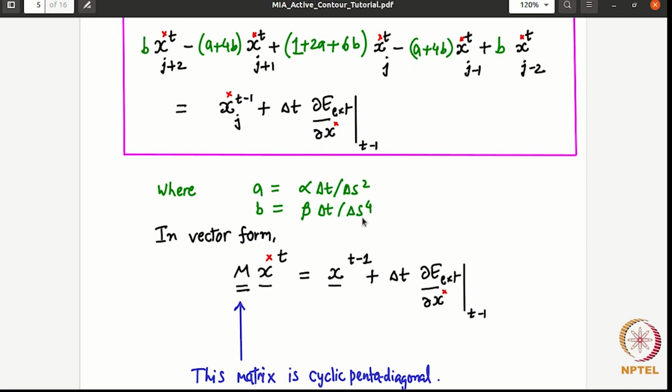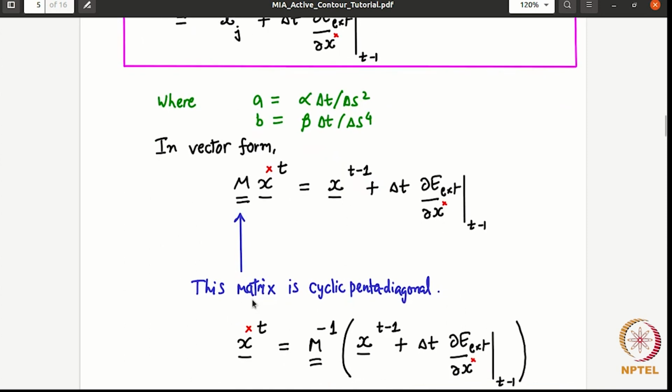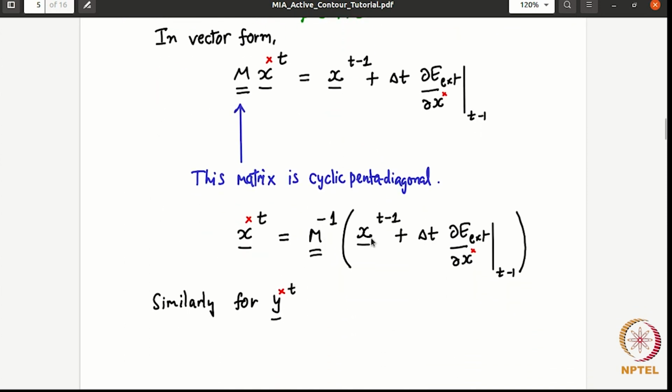So in matrix form, it reads M x star at t is equal to x star at t minus 1 plus delta t times del by del x star of E external at t minus 1, right? Here M is the cyclic pentadiagonal matrix, and we have to efficiently calculate its inverse to update the position of snake points. For example, you can see here, given x star t minus 1 and this del E by del x star, we can find x star t by this expression, but this involves